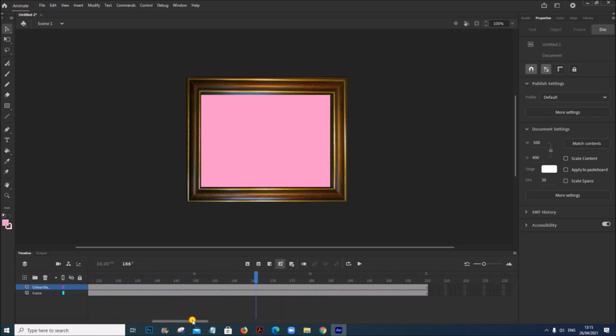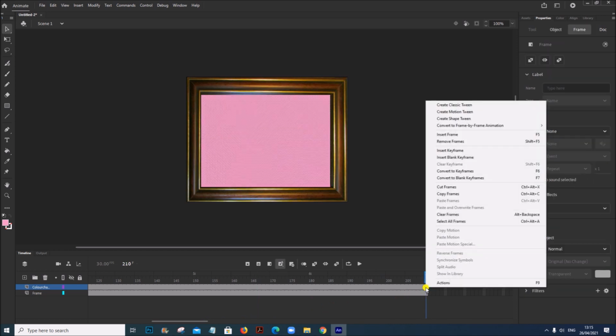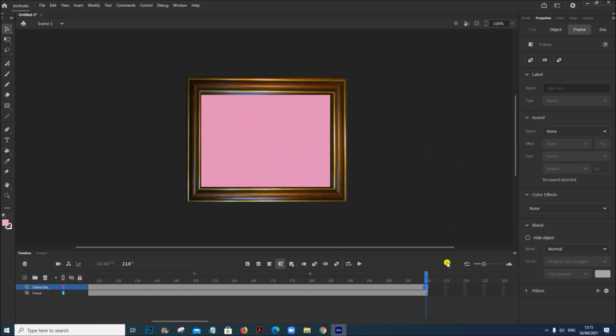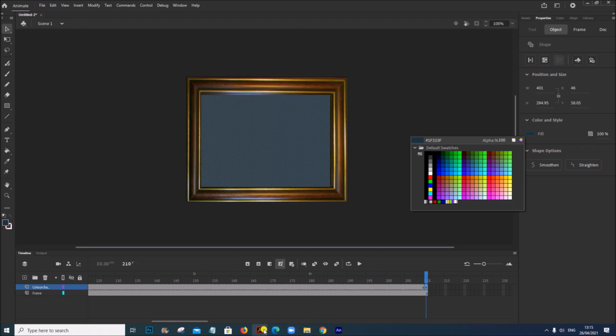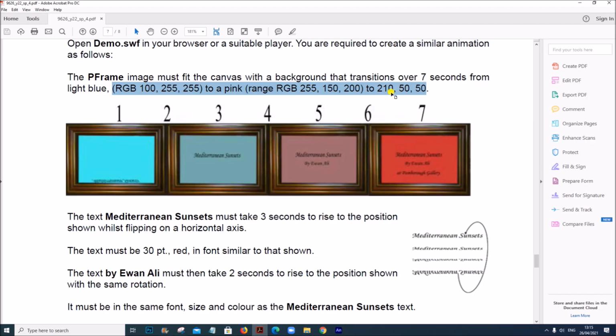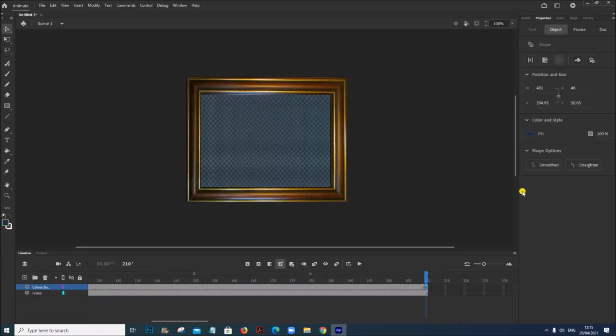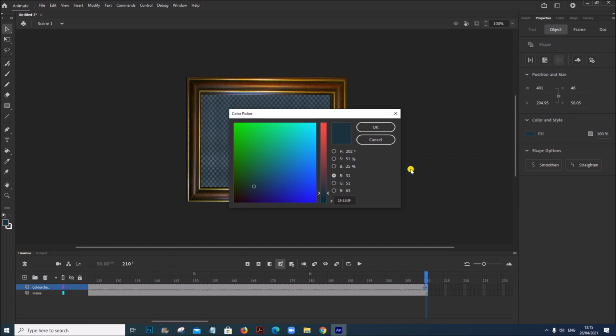Now same way, at the end of 7 seconds, insert a keyframe, change the color. The color is given as 210, 50 and 50.